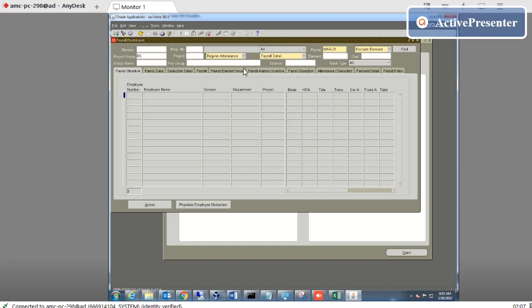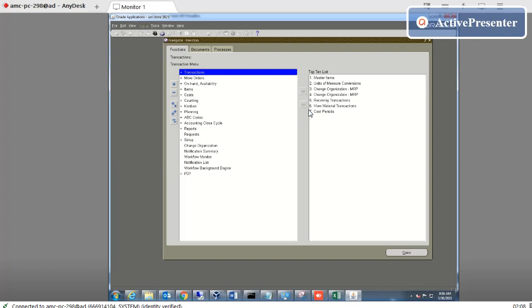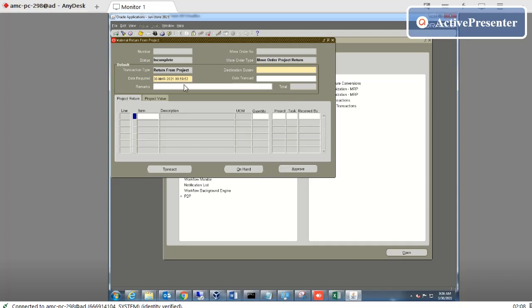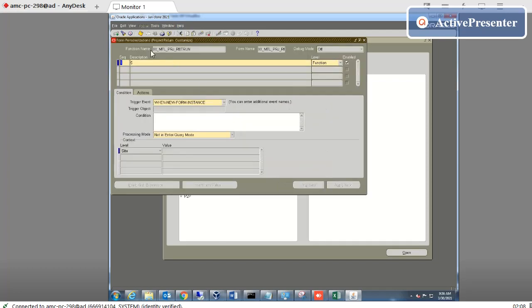So this is the first one. This is the second one. We have also made two main forms for inventory. If I go ahead to this project return, this is also a custom form. If I click here and go here, you will see that this is our custom form: Access MTL BRD return.